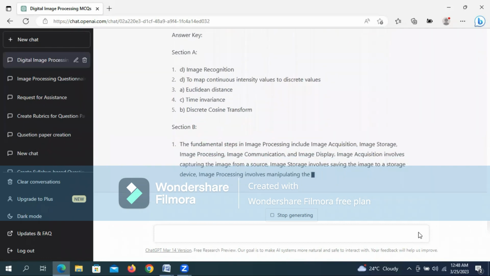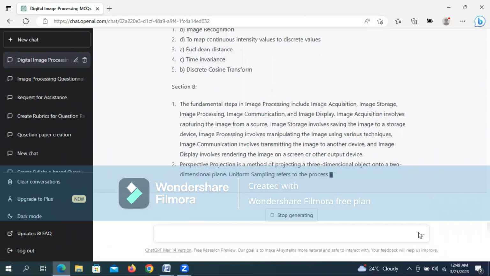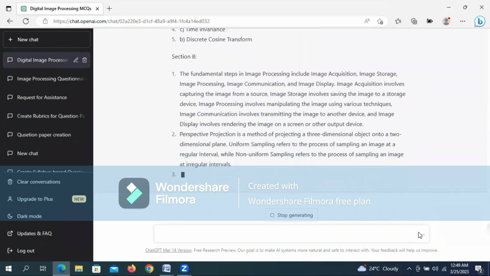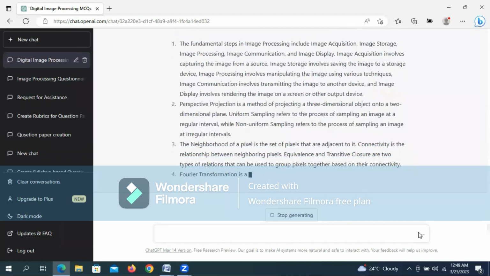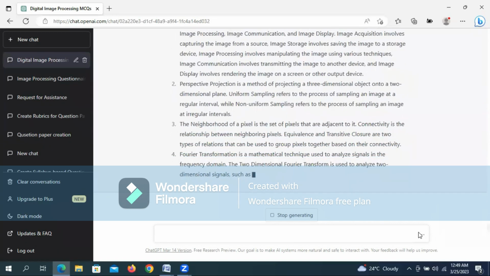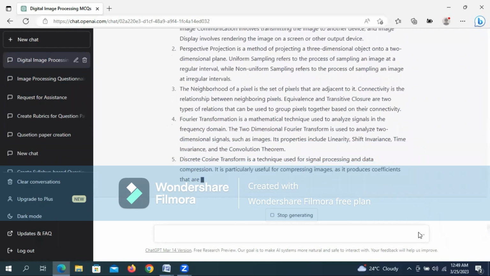To create a question paper for a subject using the syllabus in ChatGPT, with its powerful AI capabilities, ChatGPT can simplify and streamline the process of creating a question paper, allowing you to focus on what you do best,